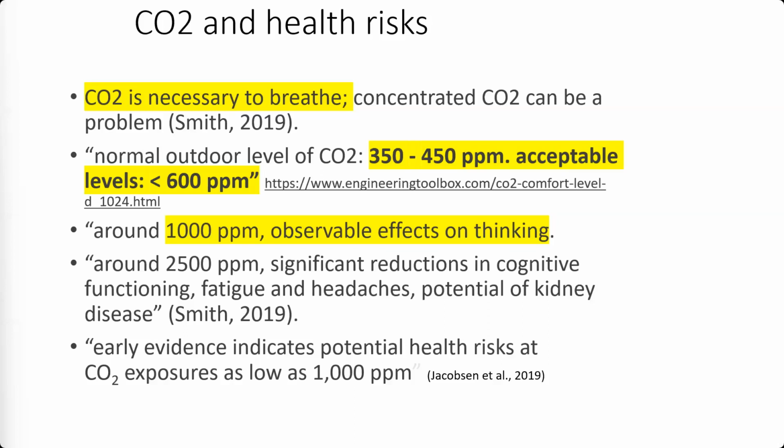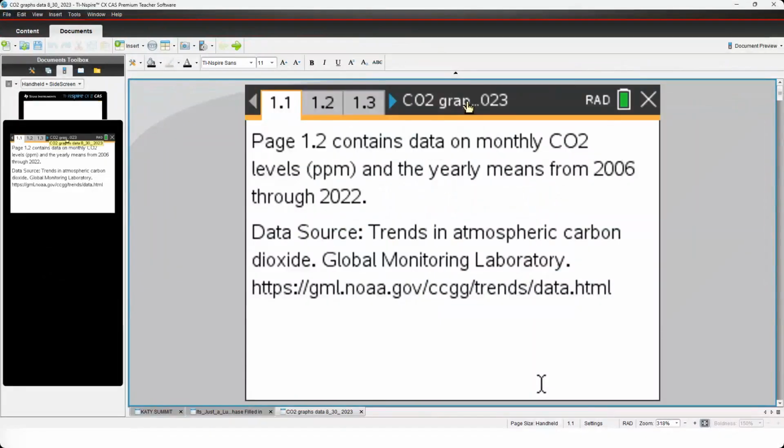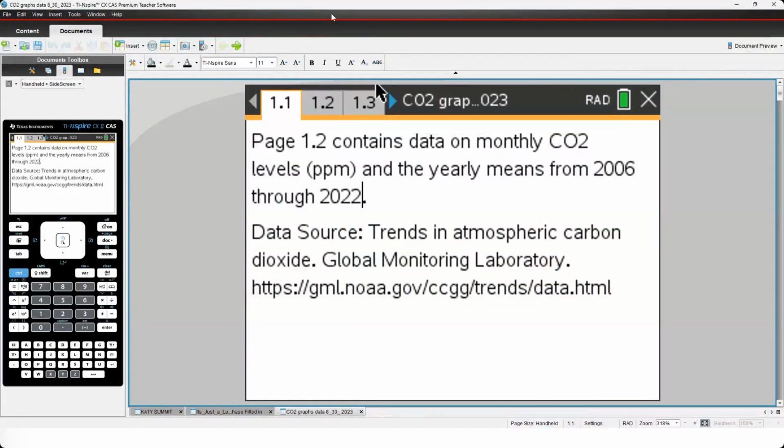So Rachel's going to go to her Nspire right now, and we are going to try to do a tag team because my computer is totally slow and there's a big lag time for whatever reason. So Rachel is going to follow my directions. She's now looking at an Nspire file, which Mike will make available to you.